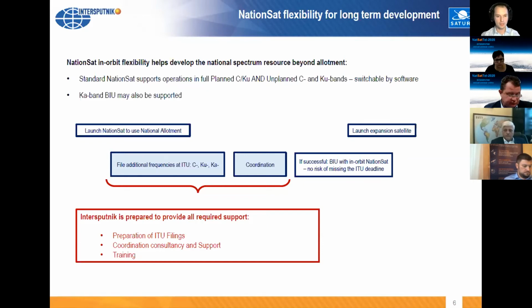If you are successful, frequencies that have been coordinated can be brought into use immediately on the satellite, which is already in orbit and which is flexible in terms of its frequency plan. After that, given the deadline and the ITU regulations, it has already been met. The operator will have enough time to plan the manufacture of another Nationsat satellite to the orbital position, thus developing or expanding the use of its